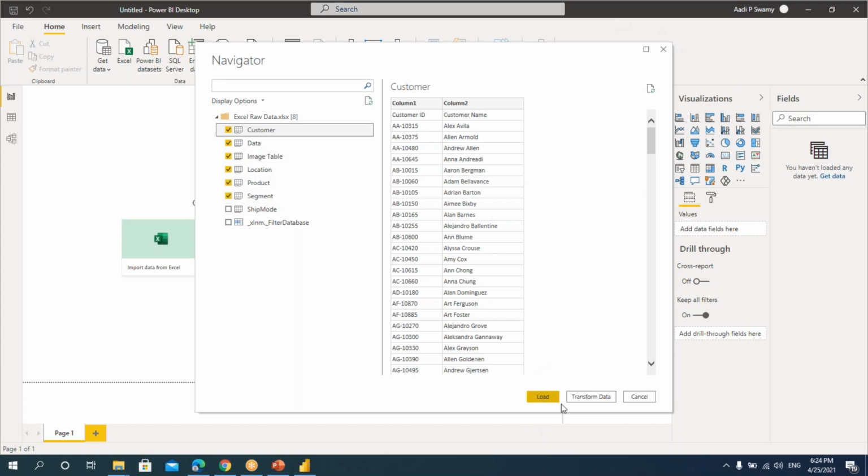we'll go here. We have different options, say load and transform data. These two options help me in loading the data or modifying my data. Now what is this load? If I click on this load, all these tables, whatever is there, will get loaded to my Power BI desktop. But if you think that I want to modify the data and then load it, then I have to go to this transform data. So we'll keep this transform data aside. We'll say load, we'll learn how to import the data and then we'll see how we can transform the data.